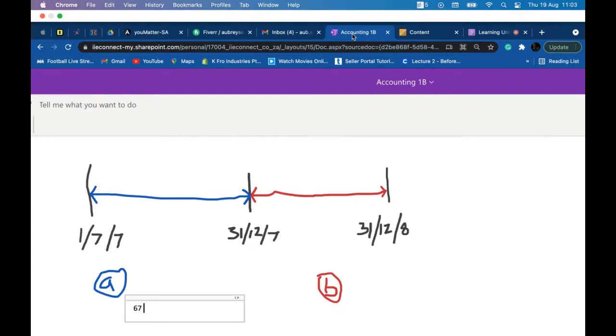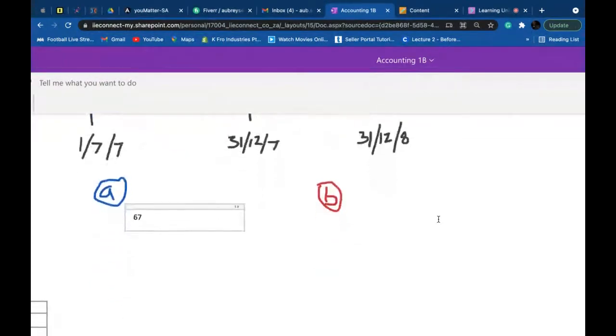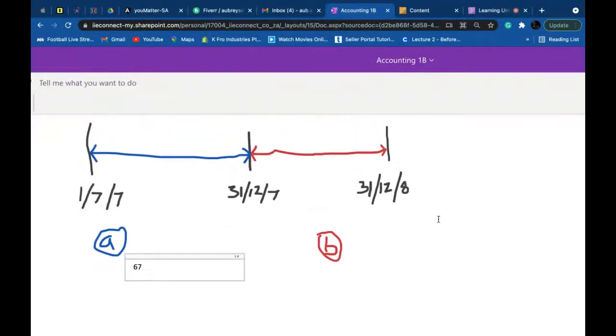Let me scroll up here a bit so you guys can see what I'm doing. 67,200. Okay. And then we are saying times our depreciation rate, which they told us is 20%, right? Okay, so 0.20. Okay, and then